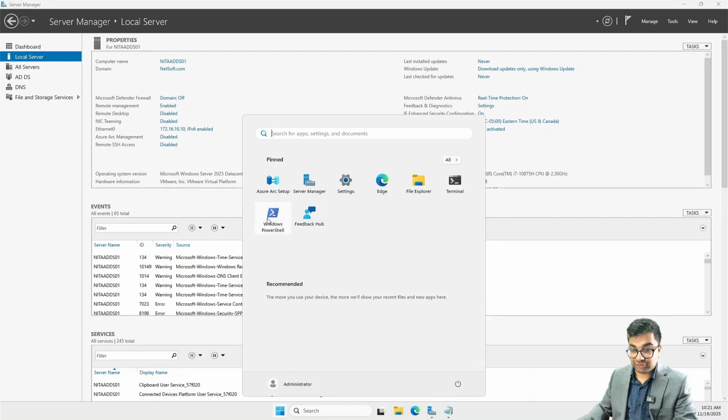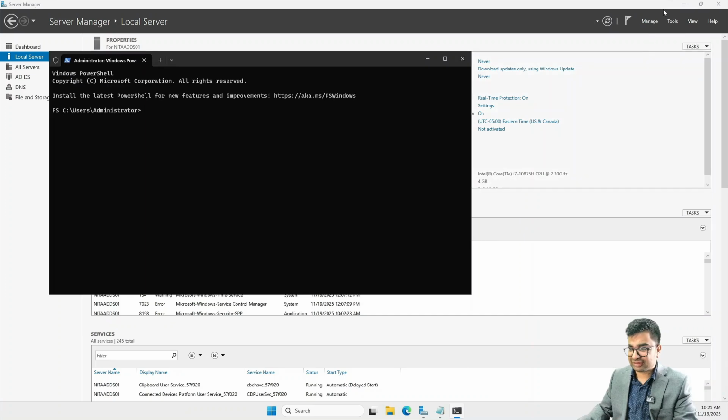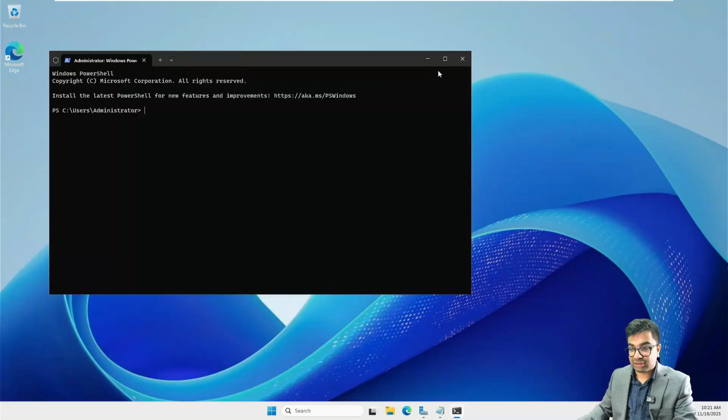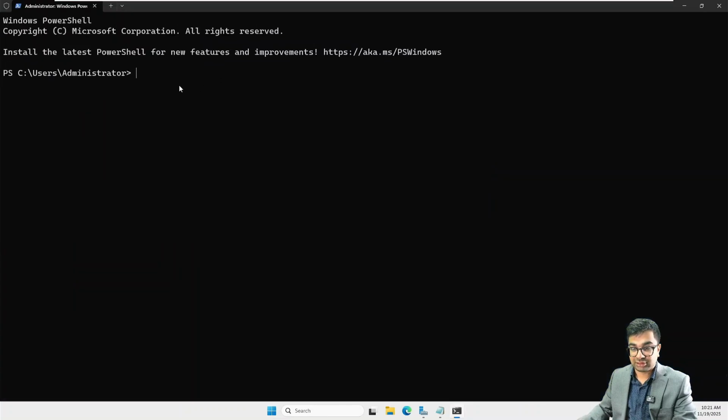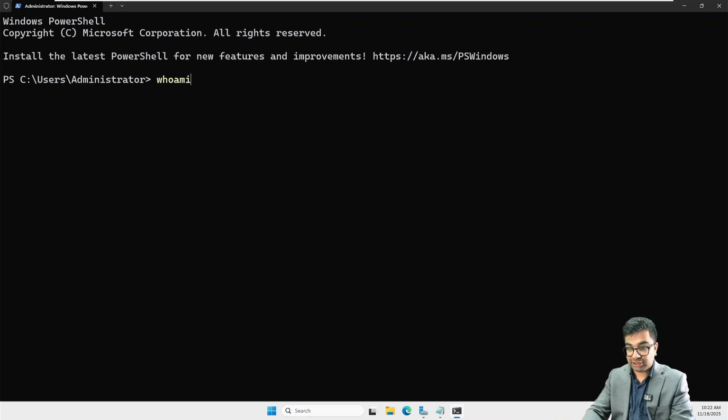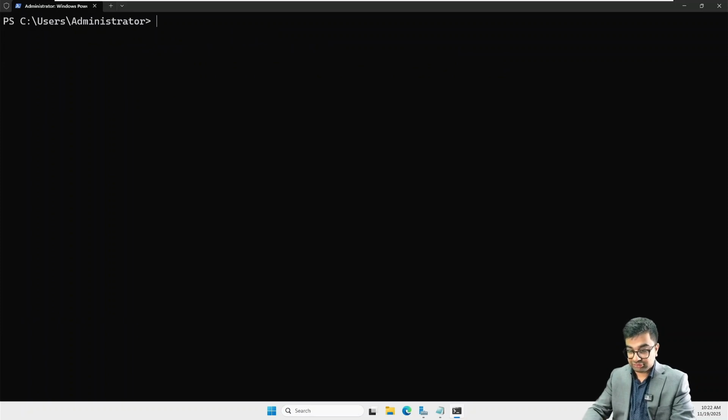So I can open my Windows PowerShell. Now, no need to open it as the administrator or anything, because you are already the administrator. Now, in case you don't realize that you're the administrator, all you can do is just type in whoami, and it will give you who you are. So that's one thing. So I navigate to D: and enter.